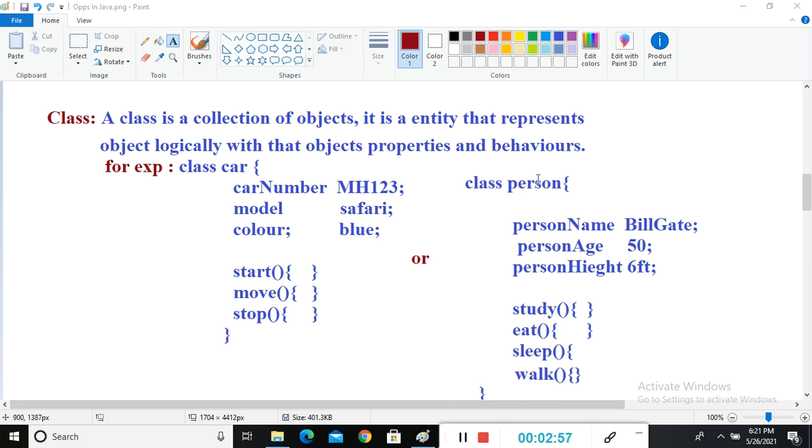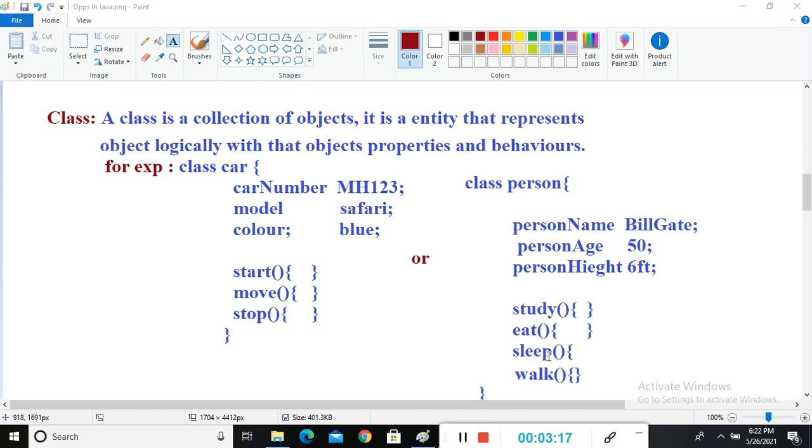And here we have one more example to understand class, with a person. I have written class person. These are the person's properties, like person name, age, height, color, or what the person is doing, like occupation.